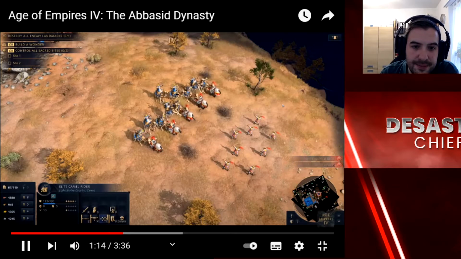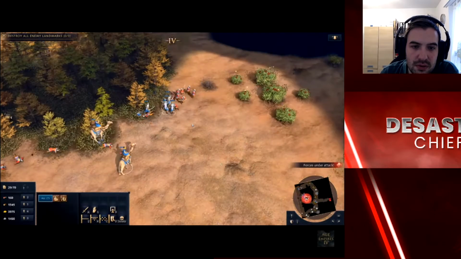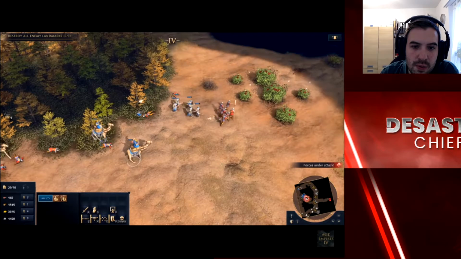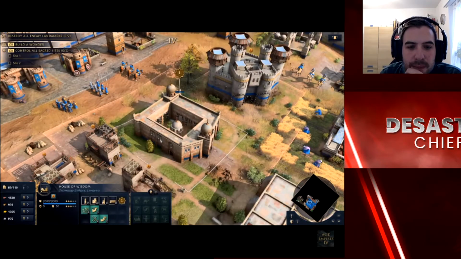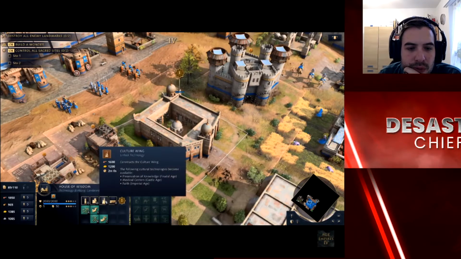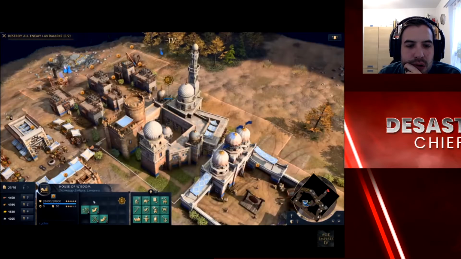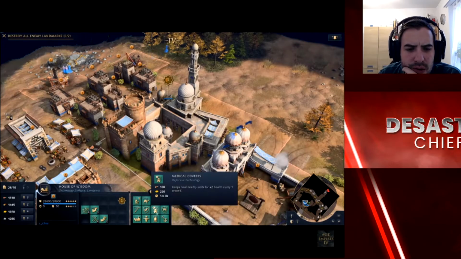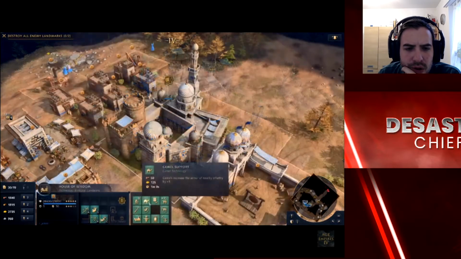an aura of effect reducing damage of enemy cavalry, they are the bane of cavalry-based armies, forcing them to search for a new battle plan. Pivotal to the Abbasid Dynasty is the House of Wisdom, a unique building that advances you through the ages by constructing new wings, with your choice between culture, economy, military, and trade wings. These wings unlock a series of technologies that alter various elements of gameplay. The Culture Wing, for example, has the Medical Center's technology, allowing keeps to heal nearby units, and the Military Wing